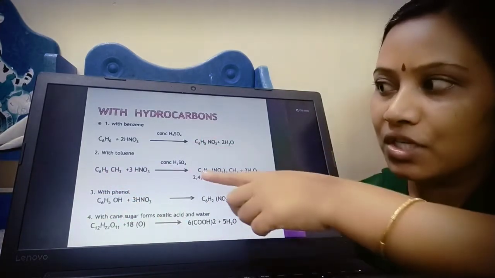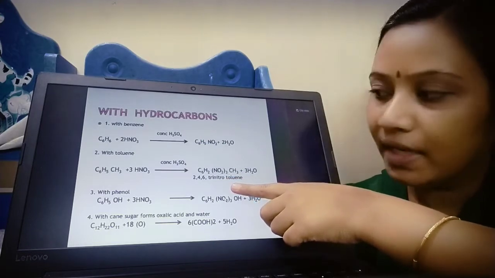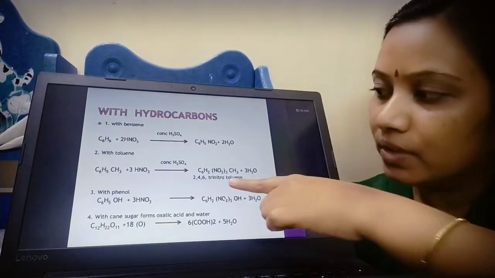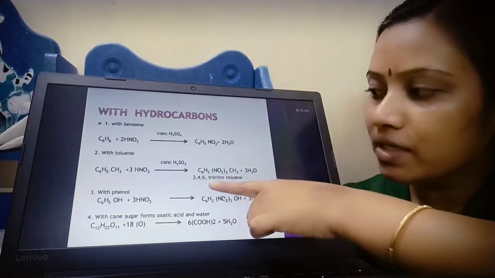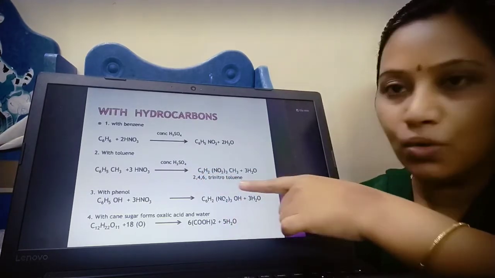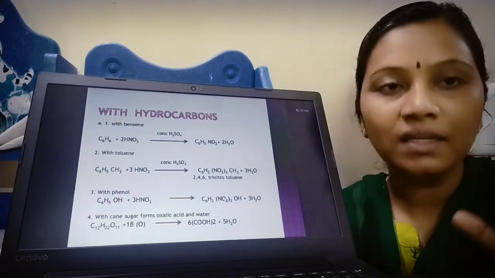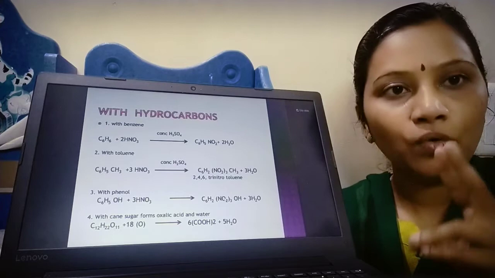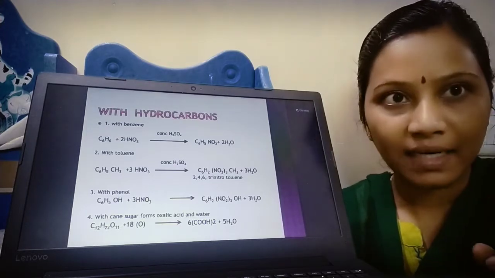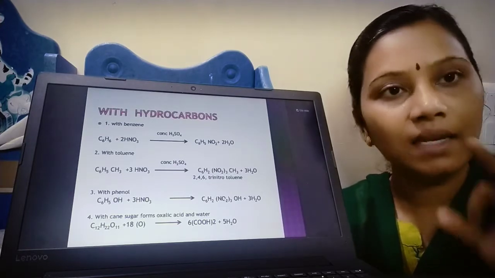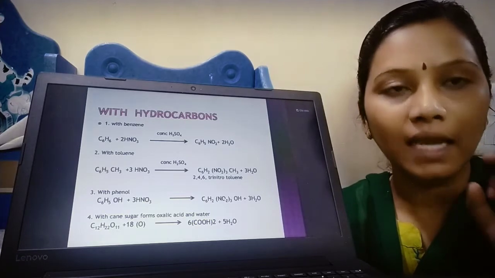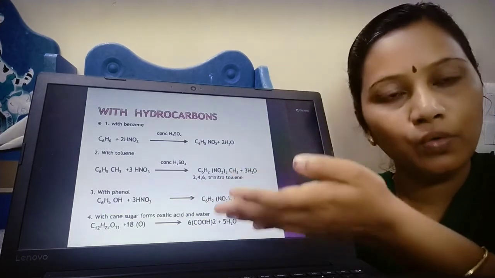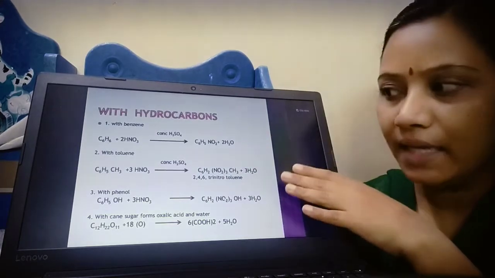See, these two reactions are catalyzed by concentrated sulfuric acid. I have got NO2 attached at 3 positions, so that is called 2,4,6-trinitrotoluene plus water. Very direct reaction. I have toluene, I have added nitric acid. So in the second, fourth and sixth positions, NO2 groups are attached. So 2, 4, 6, three nitro groups, so trinitro. What is the substrate? Toluene. So trinitrotoluene is the end product.